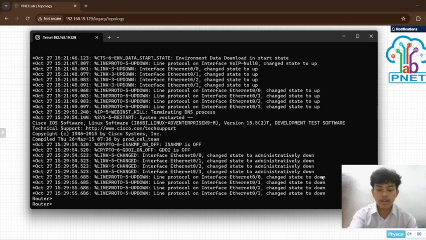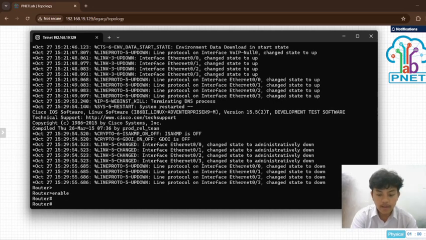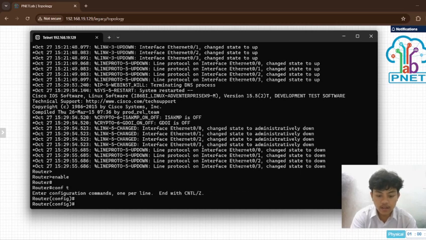After this, to router 4: enter, enable, config, and hostname R4 client.